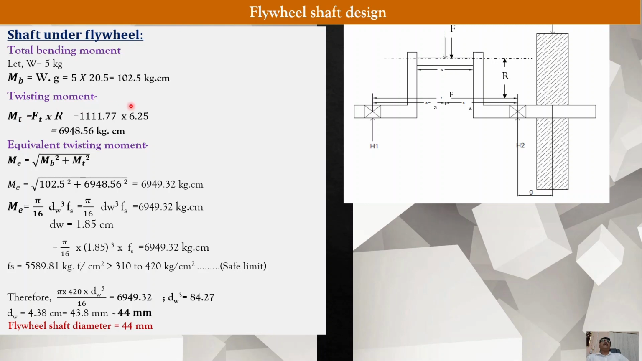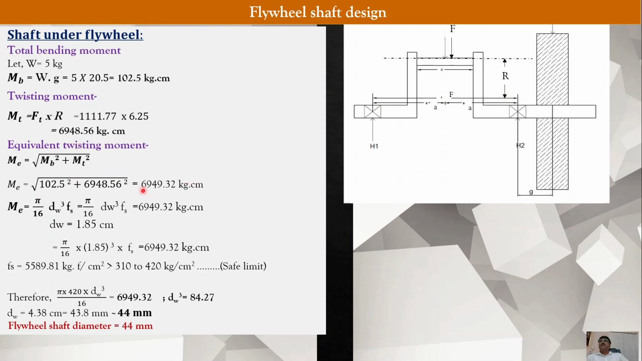Twisting moment acting on the flywheel will be the force which is causing the flywheel shaft to twist, Ft. Ft is the component of force Q which is acting tangentially at the crank. So same force Ft into R, where R is the crank radius. So this twisting moment is calculated as 6948.56 kg centimeter. Similarly, finding the equivalent twisting moment, substituting the value of bending moment and twisting moment, the equivalent twisting